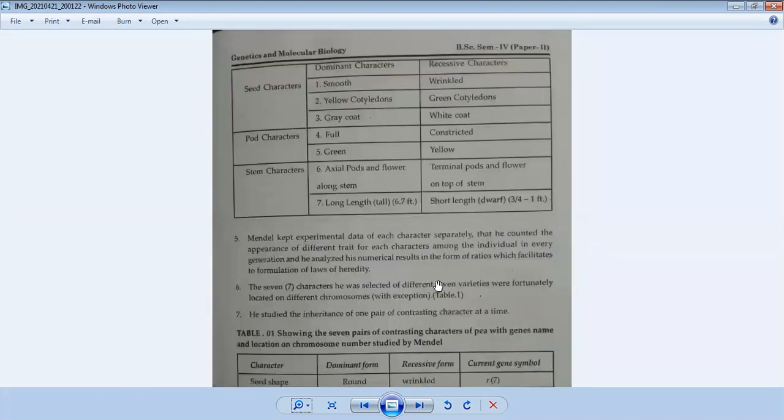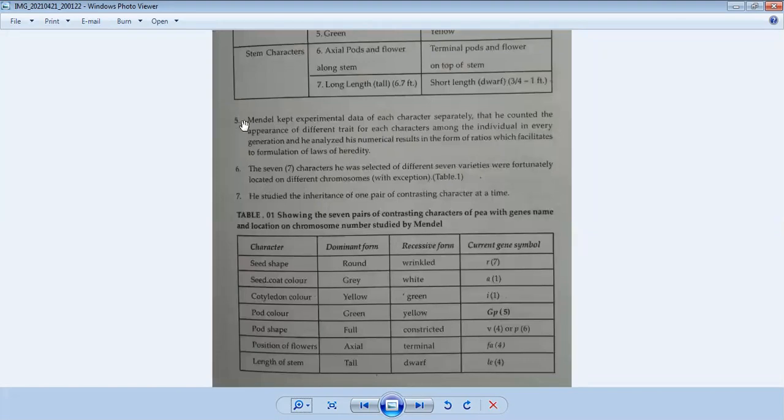So let's just take a look at the remaining points 5, 6, and 7. Later on we will discuss these tables. Mendel kept experimental data of each character separately. Means Mendel was a very methodological person. वो बहुत ही methodological person थे. उन्होंने हर एक कैरेक्टर के लिए जो एक्सपेरिमेंट परफॉर्म किया गया था, उसका जो डेटा था, उसके जो ऑब्जर्वेशन थे, एकदम सेपरेटली रिकॉर्ड करके रखे थे. That he counted the appearance of